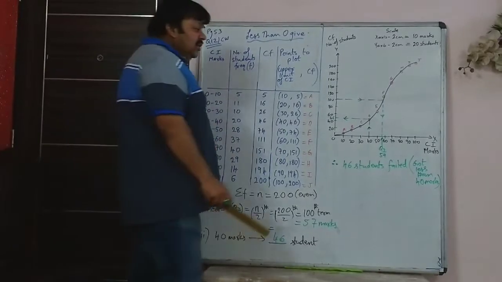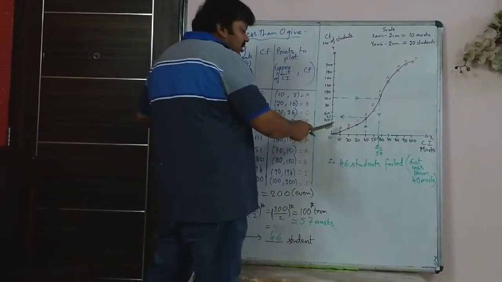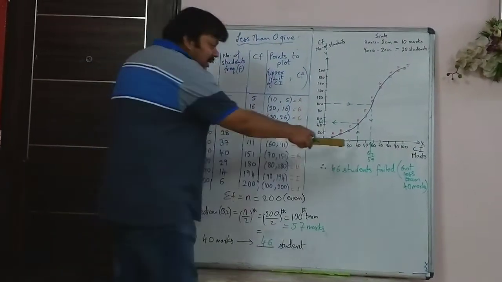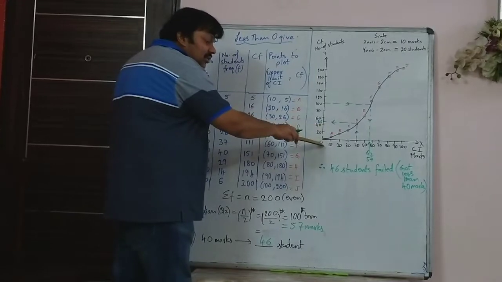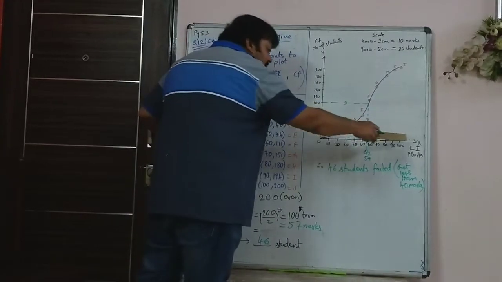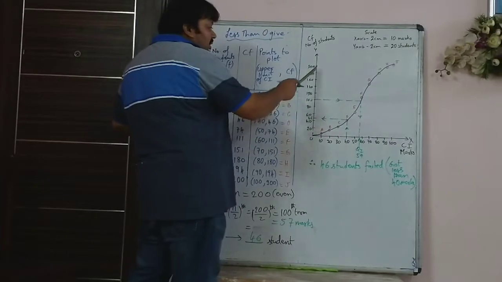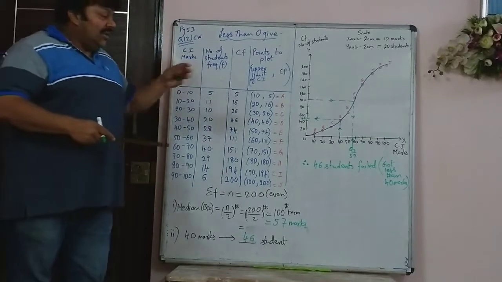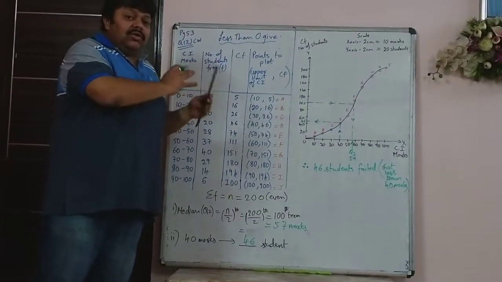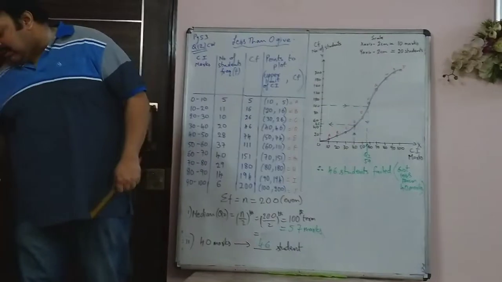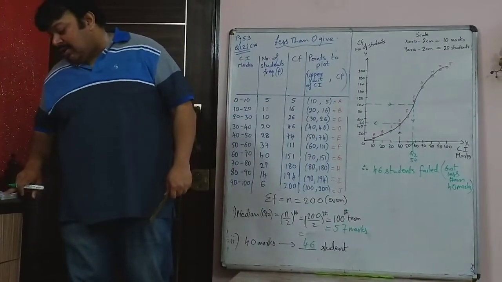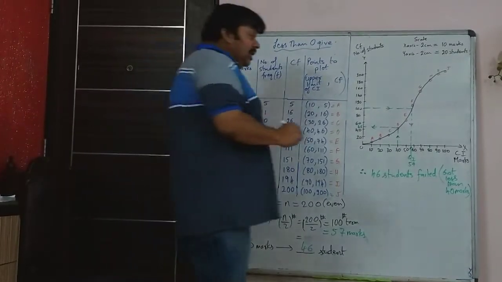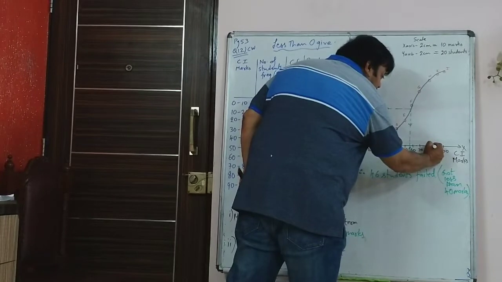So understand this. This is very important because when they tell you to find how many passed or failed, less than 40 will be those 46 students who failed. And above 40 marks is the remaining students, that is 200 minus 46, 154 students who passed. So when you're drawing this, please understand what you're doing. And the last question there is, if 85 marks and more is considered as grade 1, then 85 marks. So 85 is exactly between 80 and 90.